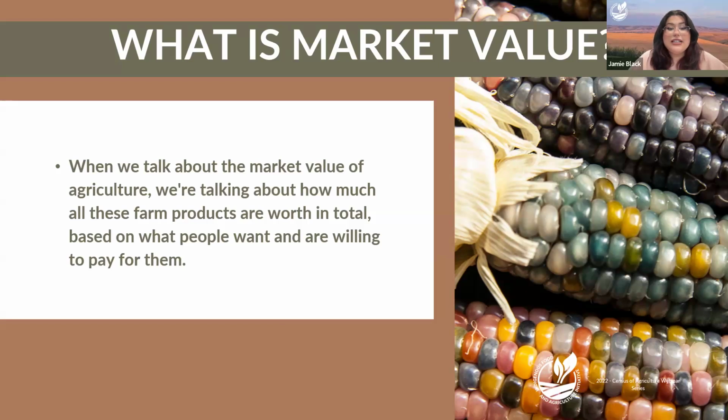Just for example, like organic fruits and veggies often cost more because they're grown without certain chemicals. And then also market trends, because we all know that what is popular is going to change from day to day. One year, everyone could be crazy about kale, and then the next, everyone's all about avocados. So farmers have to pay attention to these trends to decide what they're going to grow. And then there's also a growing demand for native grown or indigenous produced goods, both globally and at home. And we can contribute this to kind of being more conscious about where our dollars are going and wanting to support indigenous producers because of their story that's behind that.